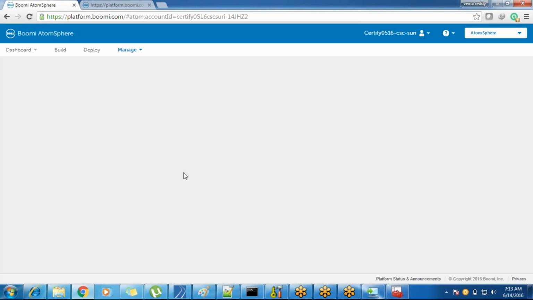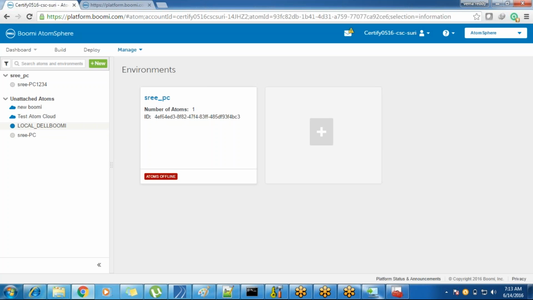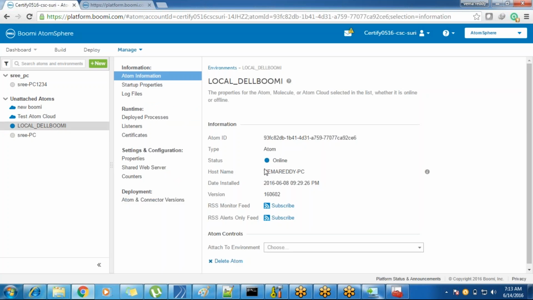Once you see the atom, if you want, you can find some information about the host on which your atom got installed. You can find metadata information like what your OS is and what the memory or RAM size is, each and everything, your system information will be given. Now you can see it's up, and the status is online. What is the host name, and then the date installed, version,